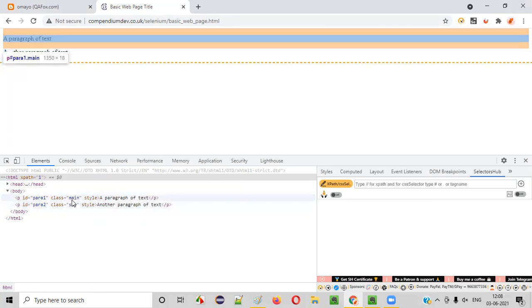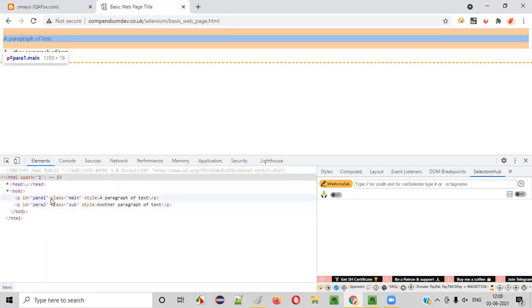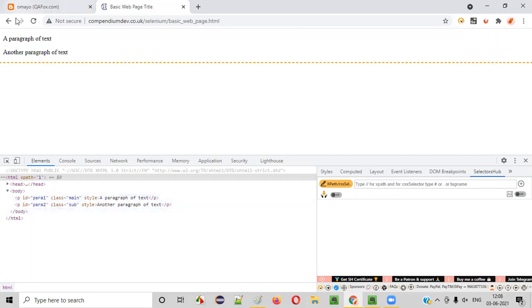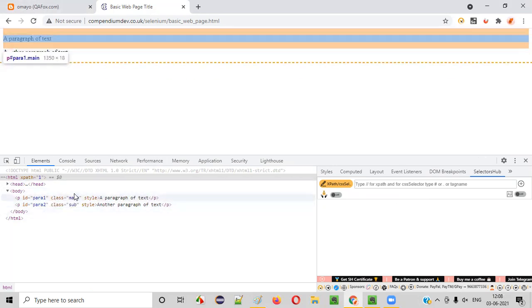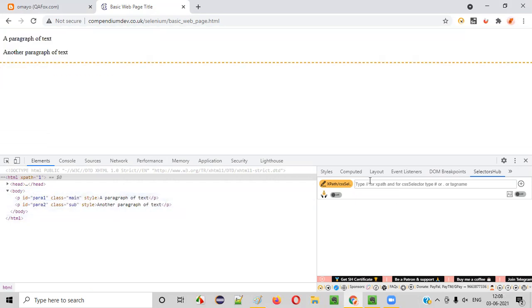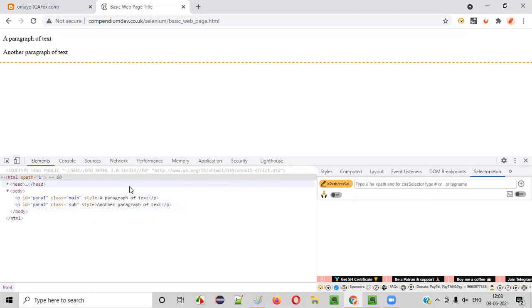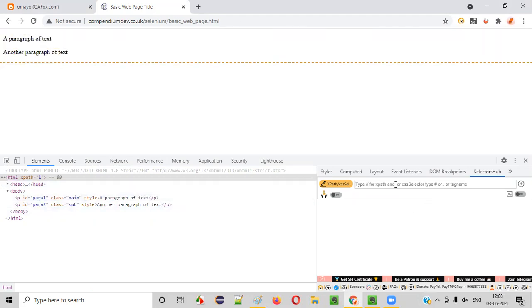If some of the portion of this particular id or class is dynamic in real time, if some of the portion of these id or class attribute values are dynamic, they are changing every time you refresh the page or after 1 or 2 days, then it's not a better idea to go with that kind of dynamic id or class. Rather we have to use the static, non-changeable things with that cap symbol and the dollar symbol. We have to identify the static thing, and accordingly we have to use them.